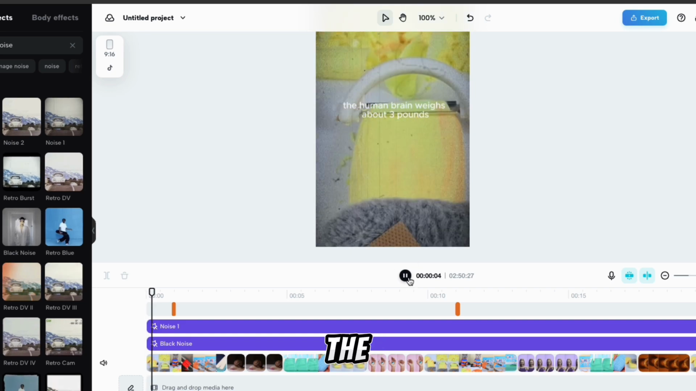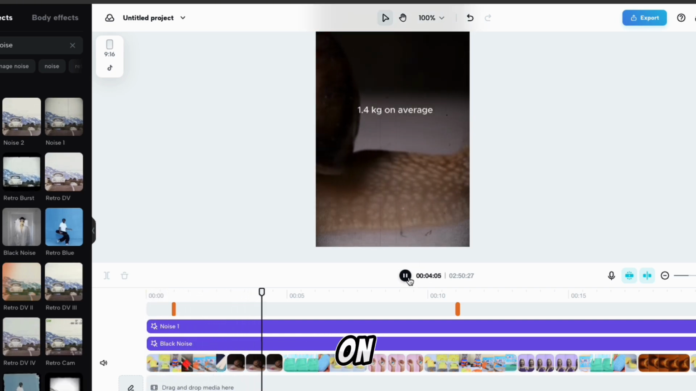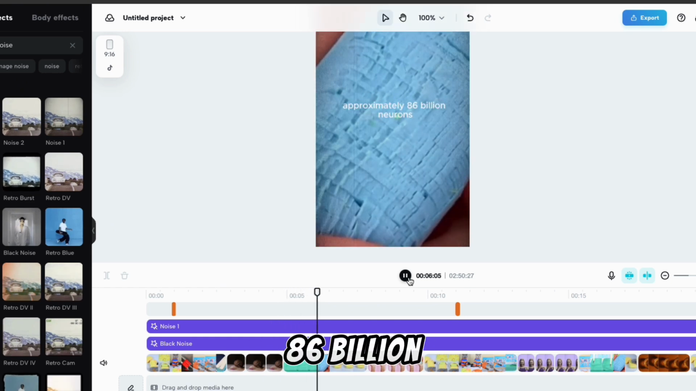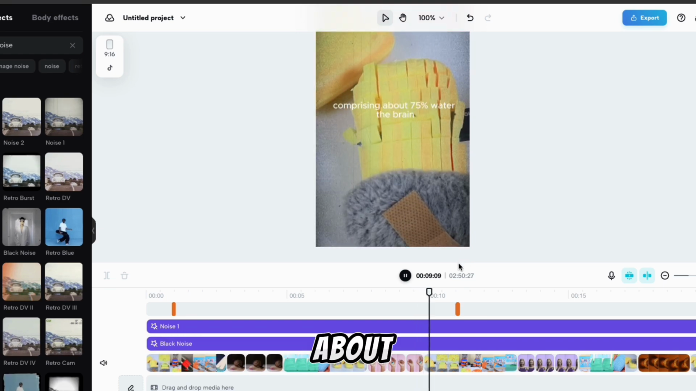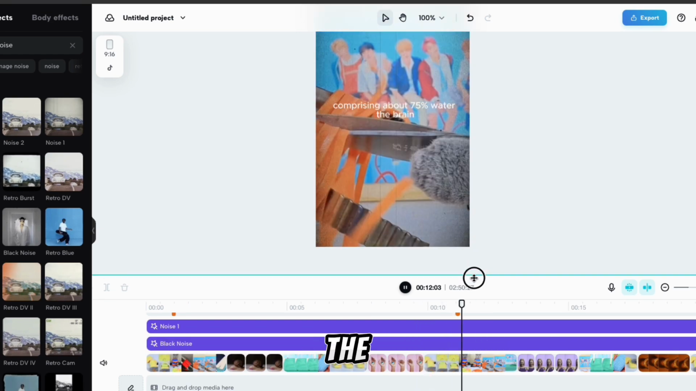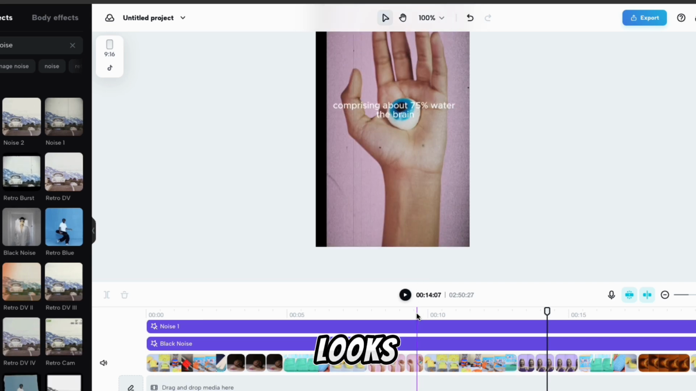The human brain weighs about 3 pounds, 1.4 kilograms on average. Approximately 86 billion neurons make up the human brain, comprising about 75% water. The brain, despite constituting